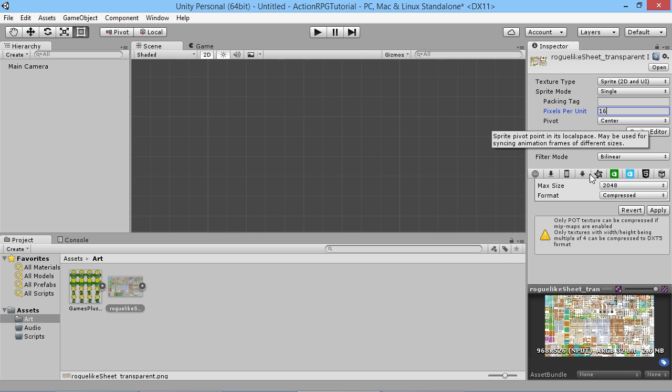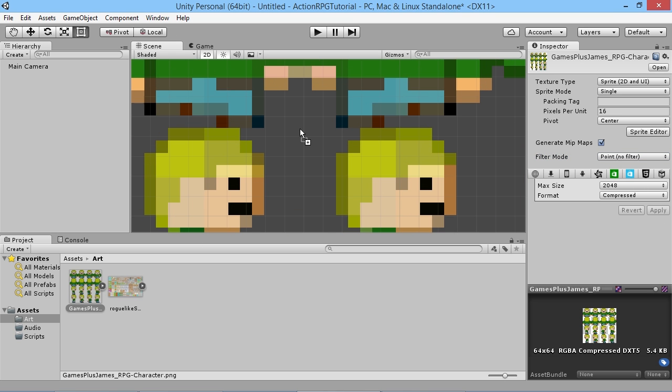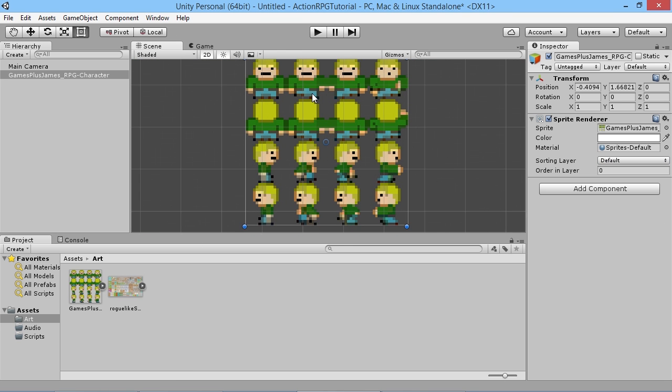We also want to, on this filter mode here, this is what makes it look a little bit blurry when you have it on bilinear. So for pixel art, like what we're using, of course this is Unity, you can use whatever kind of art you want to use, but in this project, we want to set it to point. I'm going to apply that, and actually since we just looked at the character guy a second ago and we saw he was all blurry, if I apply this and drag it in here now, first of all you see he's a lot bigger,